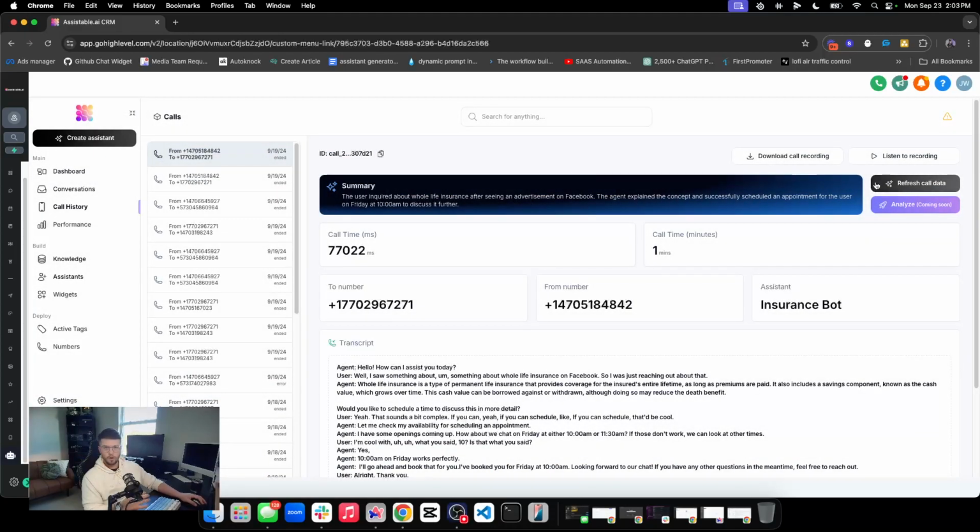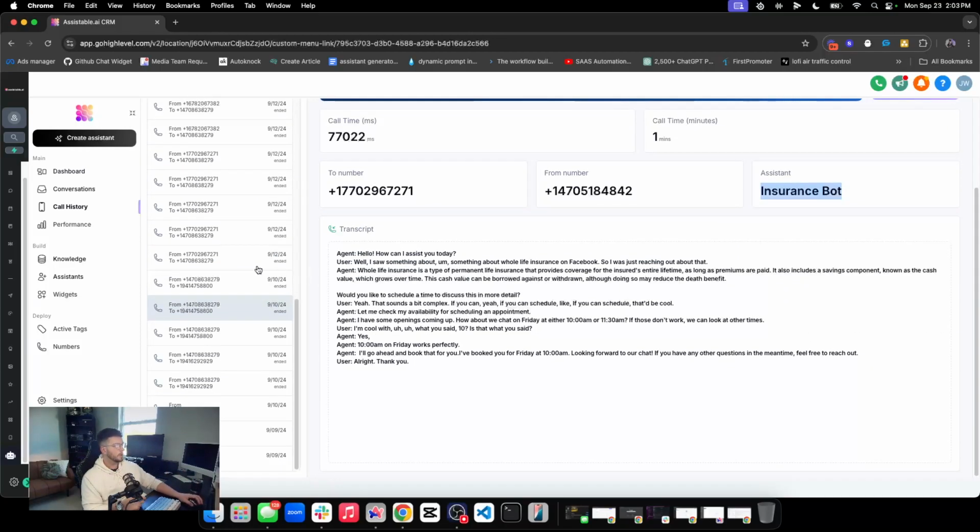You can refresh call data if you need to. If it's not populating, you want to refresh it. That can be done here. You can see how long the call lasted, to and from numbers, what assistant made that call, and then transcripts associated with that call can all be found here, and you get the full list of them along with analytics